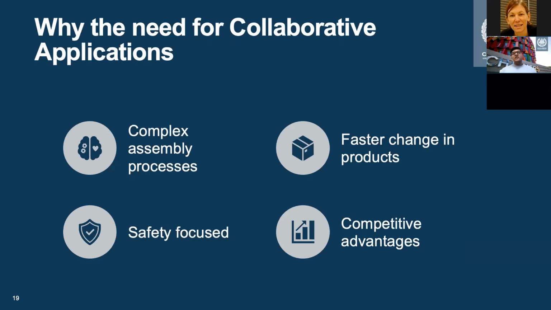And to reduce this complexity, we can use different instructions to the operator, so that operator and robot do not cross each other's paths while working on the same workpiece. This is essential when there is quite a big change in products. As the product design changes faster, or a wide range of variants are introduced in manufacturing systems, the complexity increases, and to reduce that,